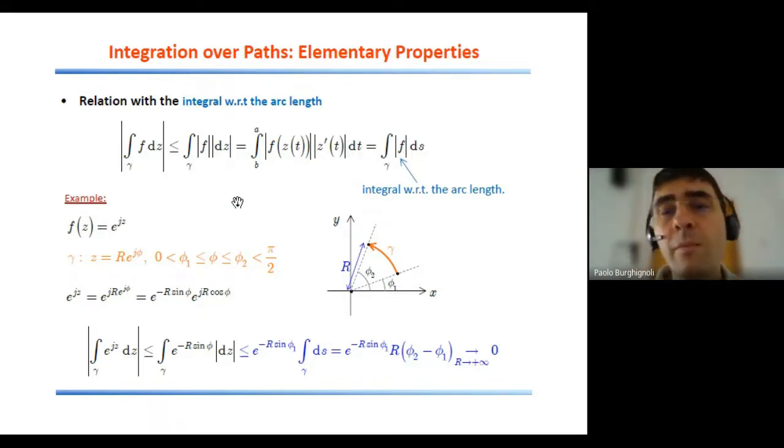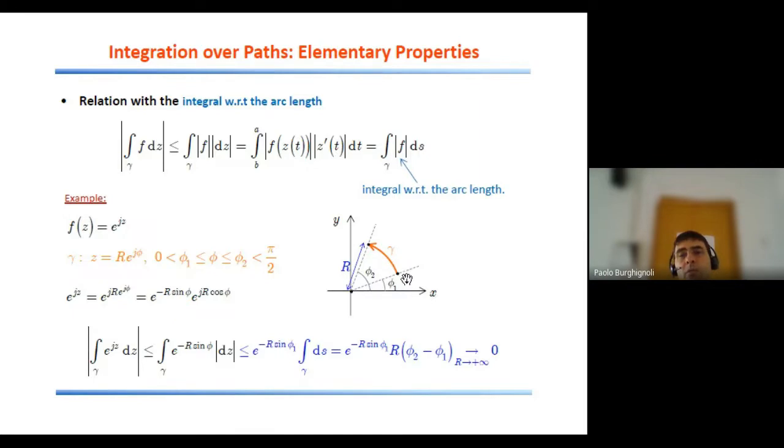To give you an example, consider the exponential function e to jz. Now, if the arc we established for our integration is a portion of a circle, as you can see here in the plot, the arc gamma is a portion of a circle with a certain radius, capital R, and the parameter for this arc is simply the